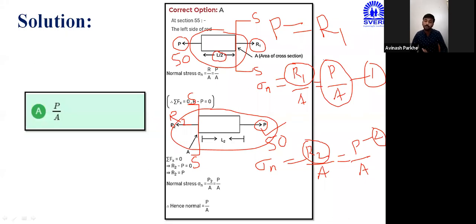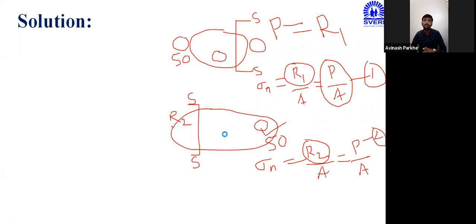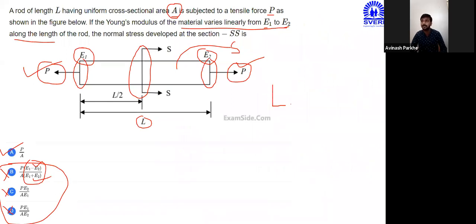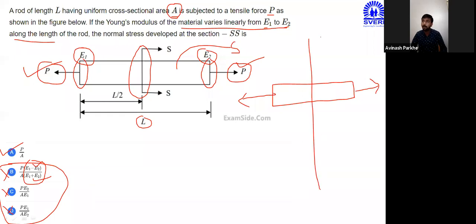That means whenever I have to calculate the stress developed on the body, the stress developed at the left side, the stress developed at the right side, as well as the stress developed at the center of that particular body, it is also the same. If you look at our first figure, if I draw this figure once again here, sigma n is equal to P upon A applies at this left side. Sigma n is equal to P upon A applies at the right side. And if I consider this the section center point,